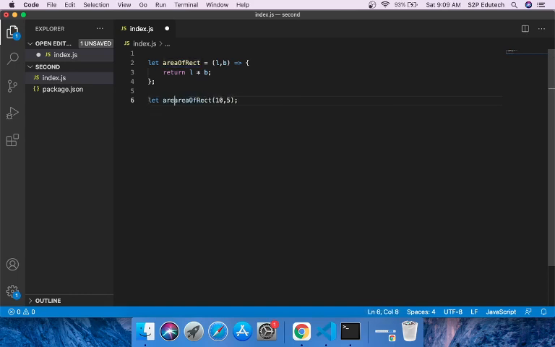I'll say let area equals to area of rectangle 10 comma 5, and I'll say console.log, area of rectangle is, plus area. And let's run it.